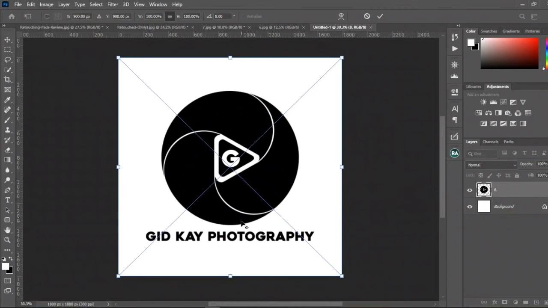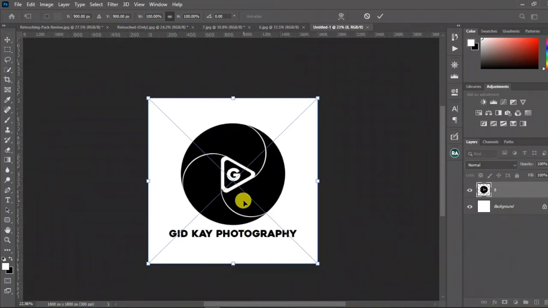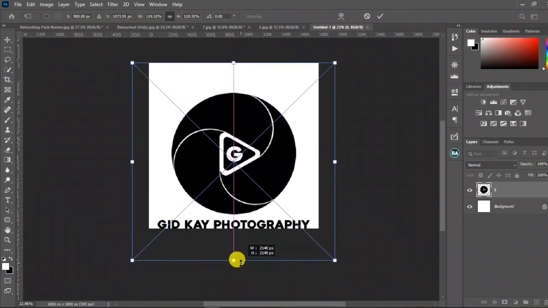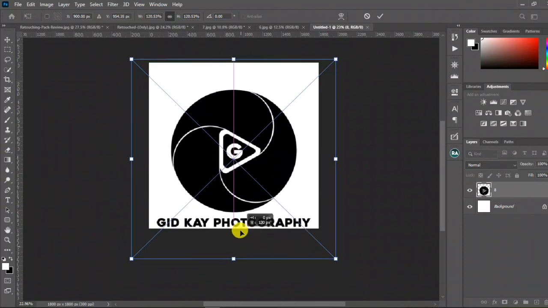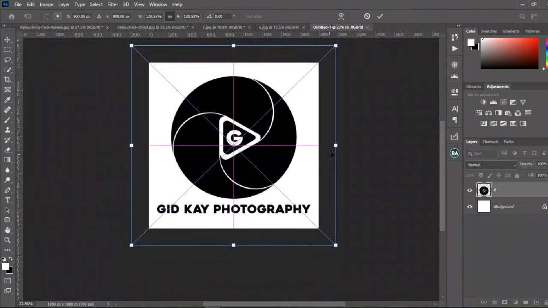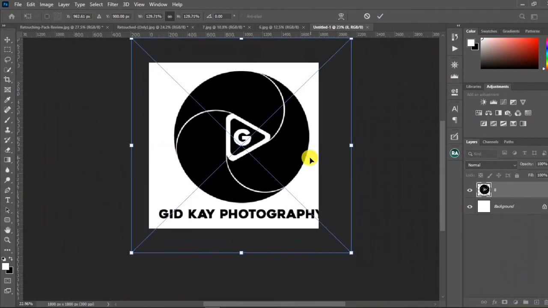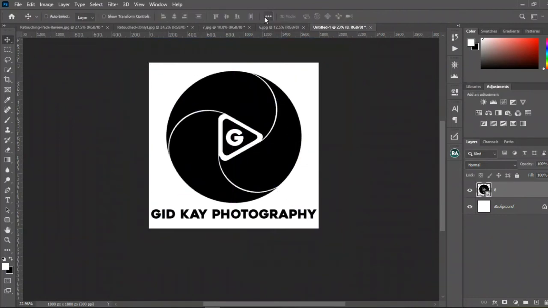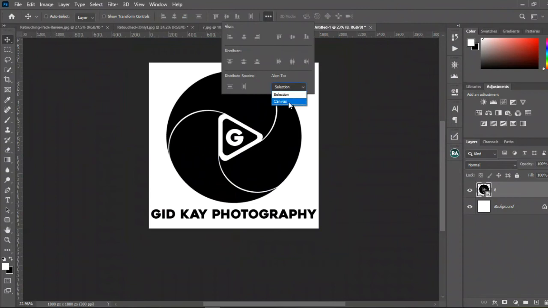And if you want more pixels in your brush, you don't want to have a low pixels brush, you just have to increase the size of the logo to fully fit the canvas. Then make sure it's centered